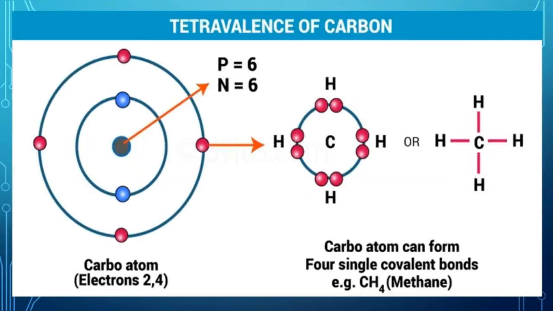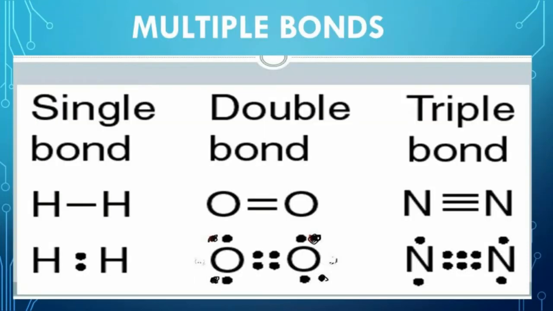For example, in methane, the carbon atom shares its 4 valency electrons with 4 hydrogen atoms to form 4 covalent bonds and hence is tetravalent. Multiple bonds. As seen above, the tetravalent compound can form four covalent bonds. With this tetravalency, carbon is able to combine with other elements or with itself through single bond, double bond, and